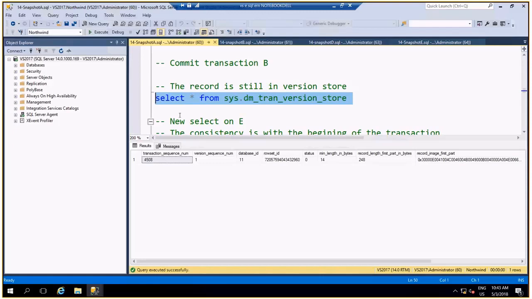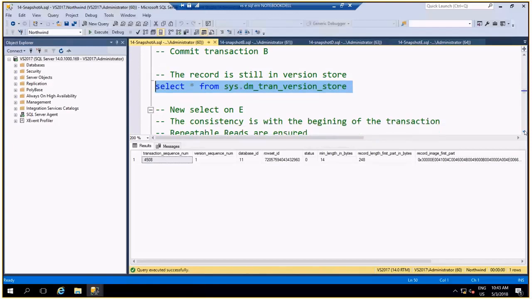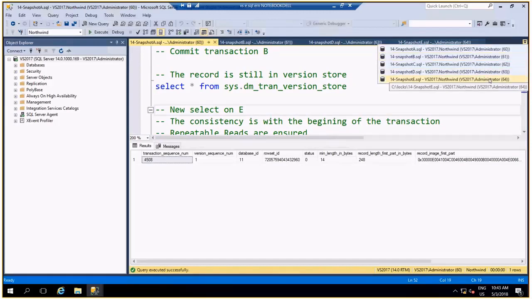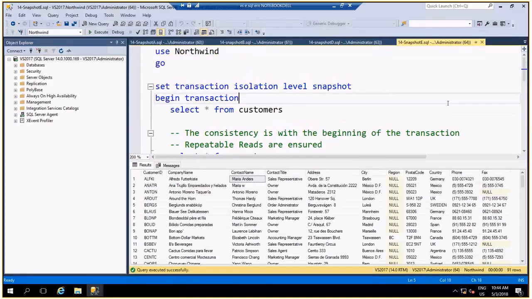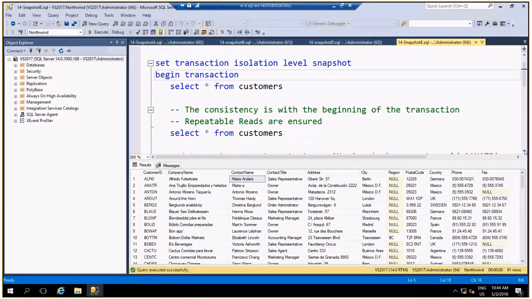But while we have a single transaction using this record, the record will be on the version store. Let's do a new select on script E. The same select.